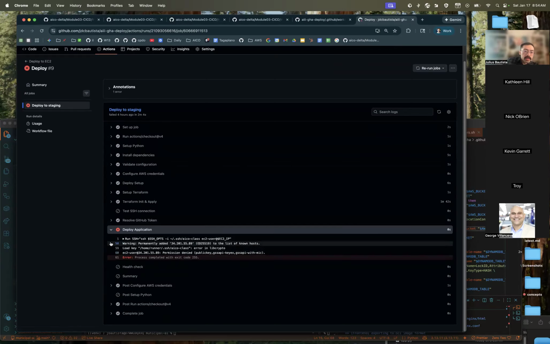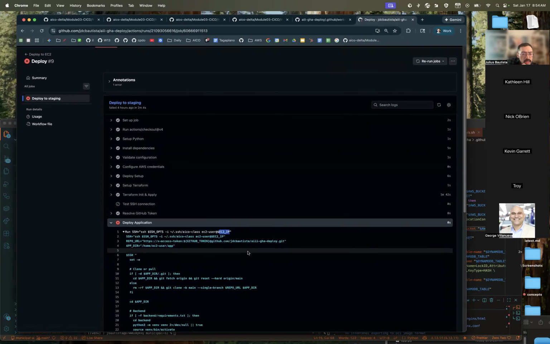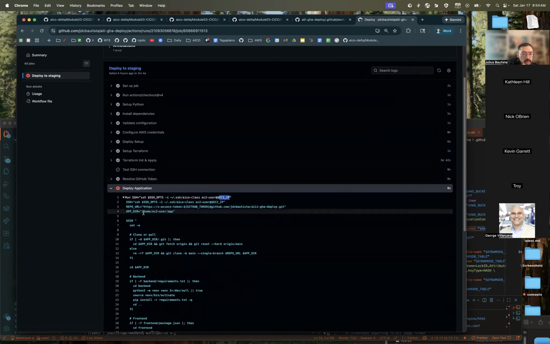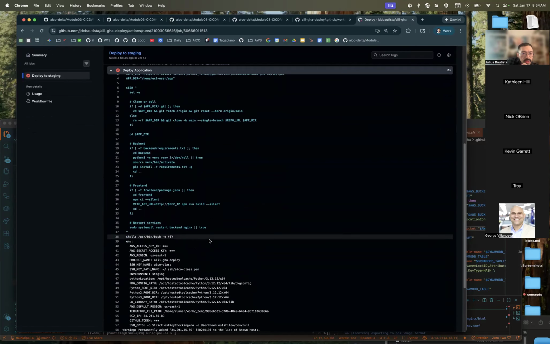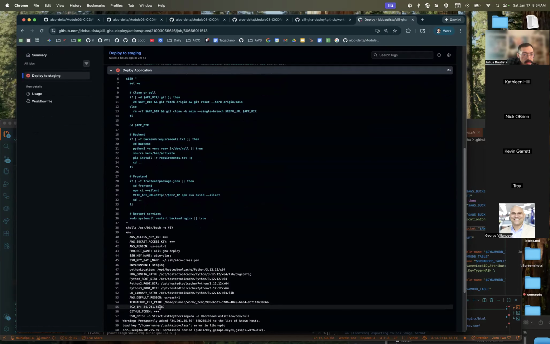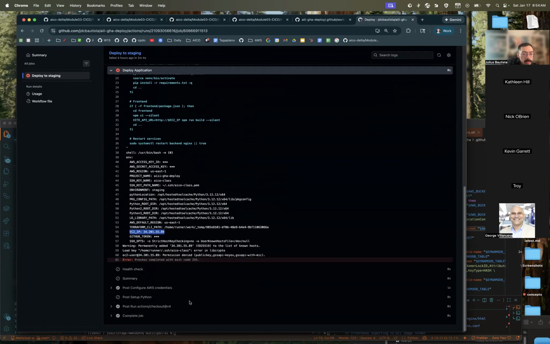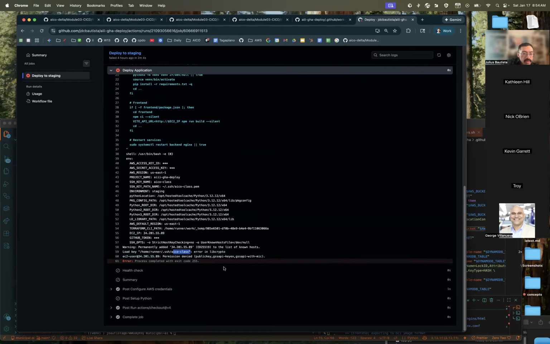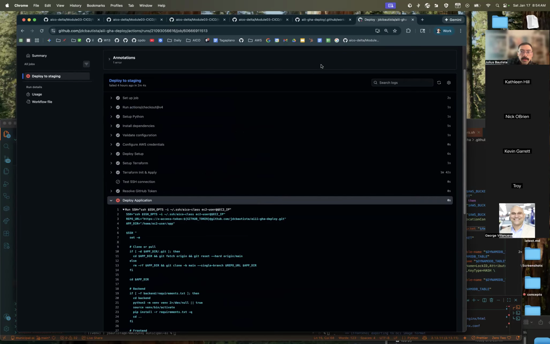Okay, SSH key, that was what was happening, right? It's coming back to me now. Looks like, well, that looks wrong to me as well. I don't think... no, the EC2 IP is there. Okay, so I'll have to just troubleshoot that. It's got something to do with the key. So I'll troubleshoot that later.